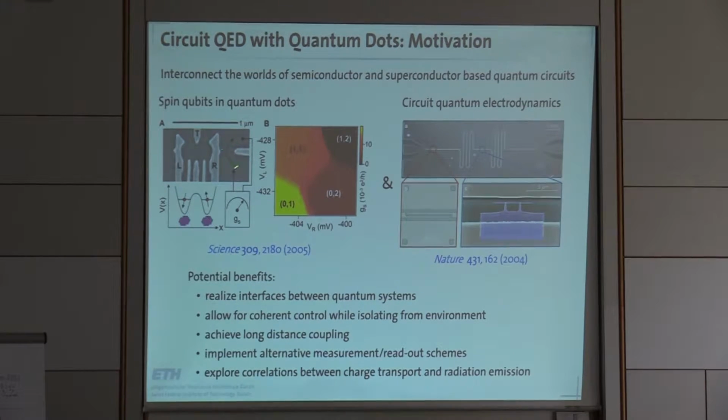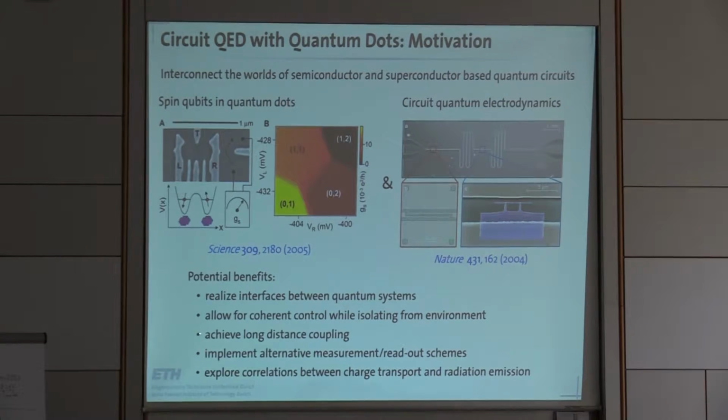So one of the cool things that you could do is think about what would happen if you had a superconducting qubit and a semiconducting qubit sharing the same cavity. Could that be useful for something? Swap quantum information between the two, or could you use the superconducting qubit to learn something about the semiconducting qubit? That could be interesting. You can use this isolation aspect of the cavity, which I think is also a good